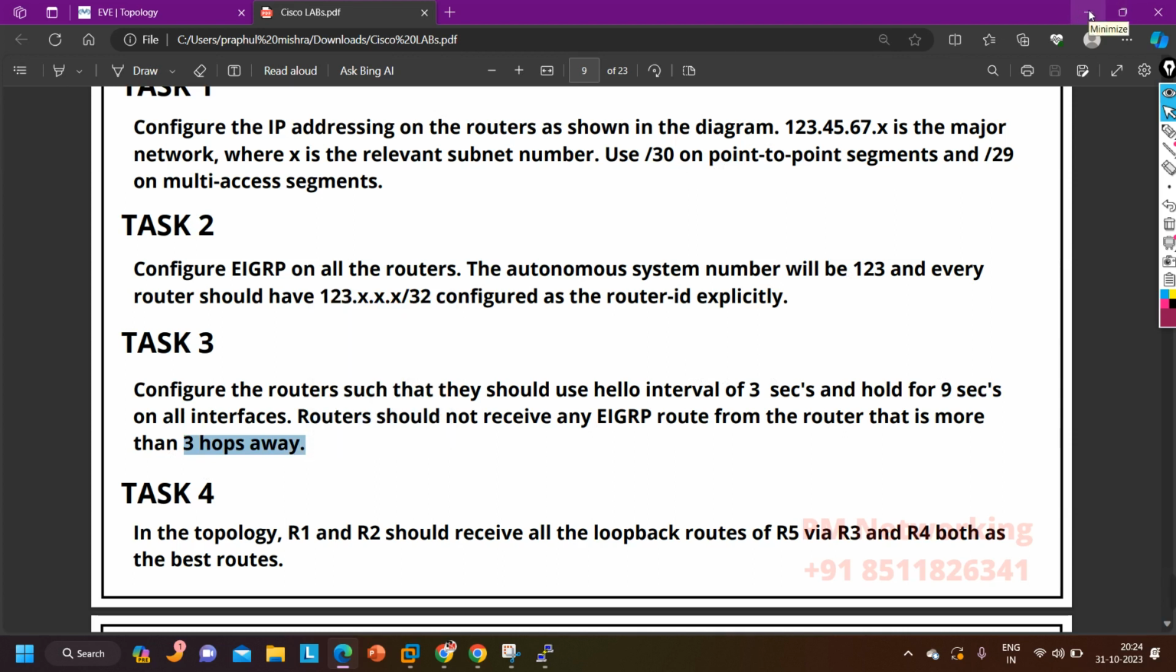EIGRP does not use hop count to calculate the metric, but it is still using it, right? This is a property of distance vector routing protocols. As I told you, EIGRP is a hybrid routing protocol, which means it is using some properties of distance vector and some properties of link state routing protocols. So here we can configure the hop count, meaning till how many hops networks are